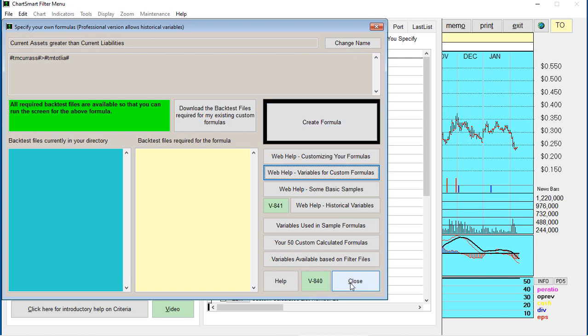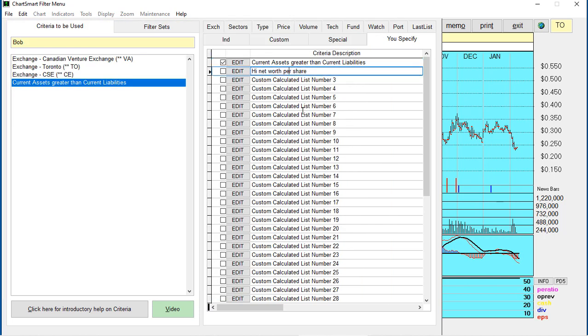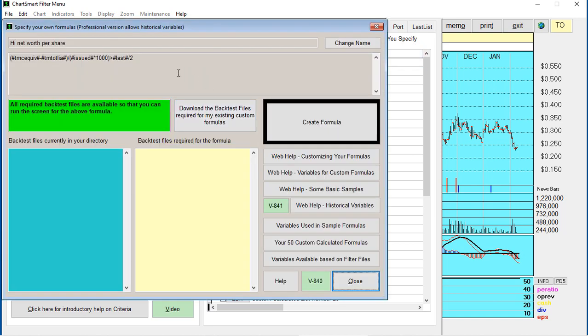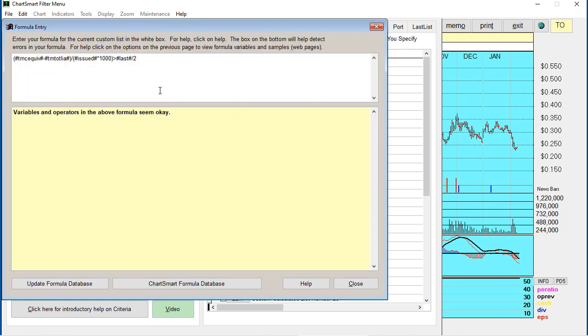Let's go in here again. High net worth per share, or you can use under use specify. I'm coming to an end here now. I'm gonna do this high net worth per share. There's one that's been made there. And you'll notice that this is about backtest files, and that's a whole other area that's unique to Chartsmart. But before I even touch on that, I'm going to go into this other area when I create formula, and